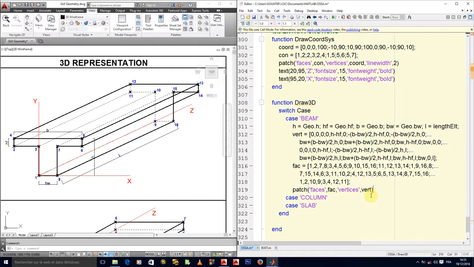Once we have these, let's set the face color. We'll set our face color here to cyan. Then we'll set the axis visible off.